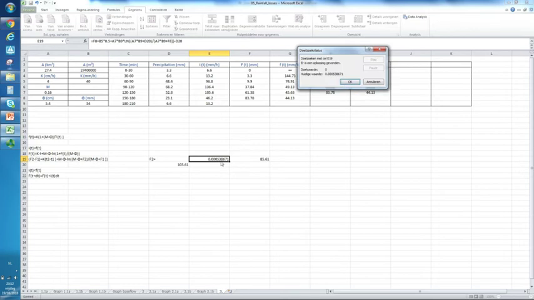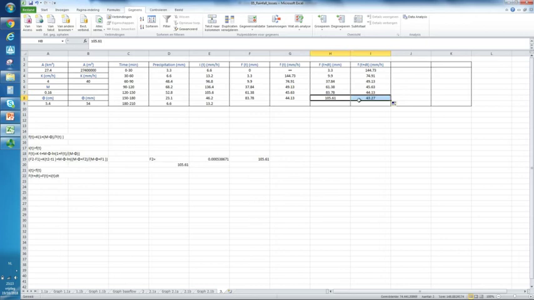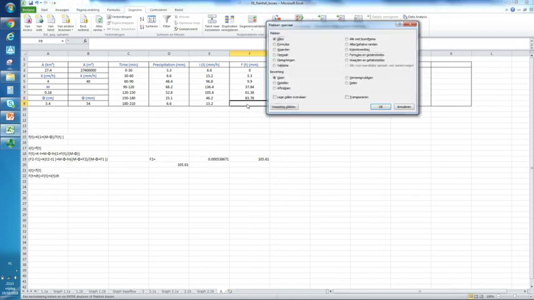Okay, we get a value that is close to 0, so that's good. Let's try to refer to the correct cell here. And indeed, 105.61 is our infiltration amount. The corresponding infiltration capacity is 43.27. So we go to the final interval,